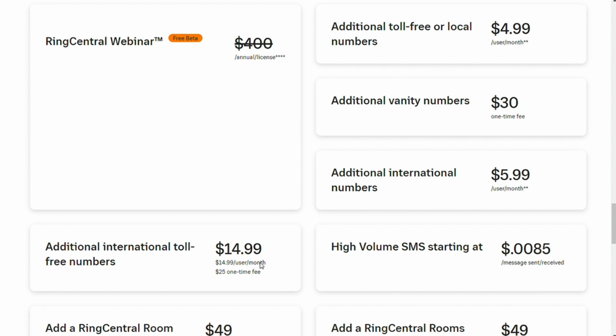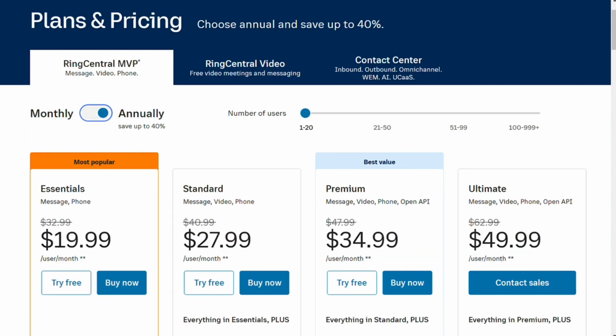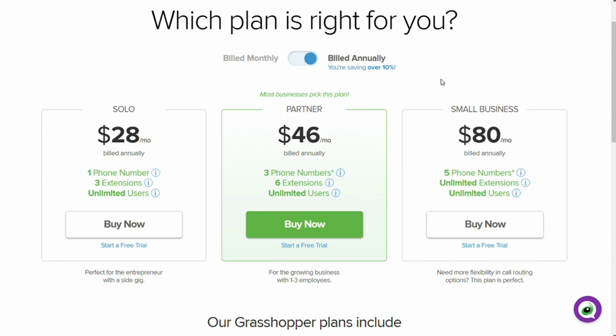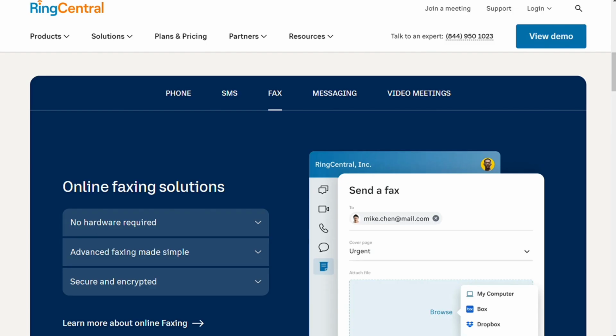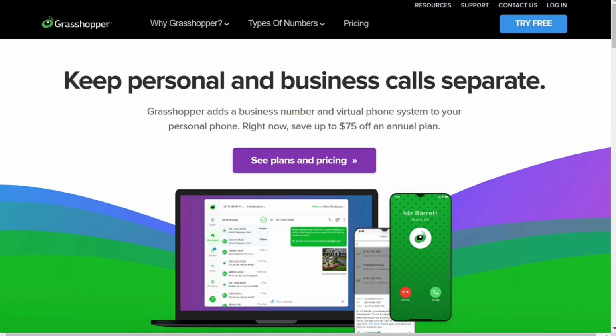So choosing between RingCentral and Grasshopper depends on your business and your needs. Grasshopper and RingCentral are both solid VoIP options. My recommendation? If you're looking for a unified communication system, RingCentral is the clear choice. It offers all the necessary communication systems needed by a business that relies on calls, texts, messaging, file sharing, and video conferencing. Grasshopper, on the other hand, is a simple phone system that is designed for ease of use by solopreneurs and micro-businesses.